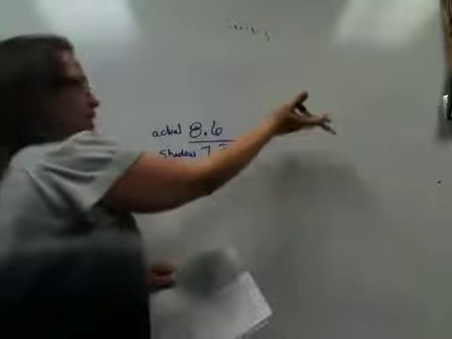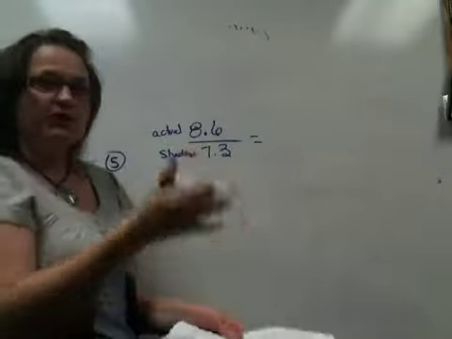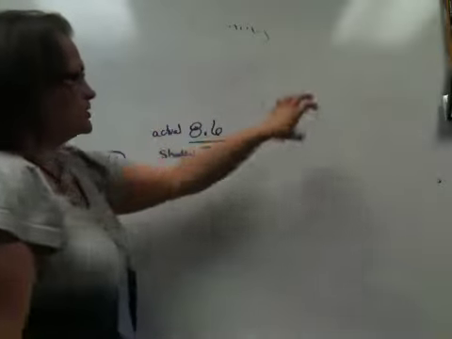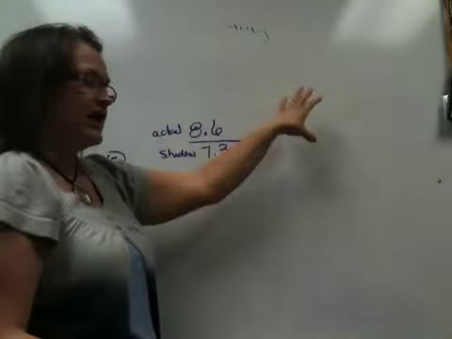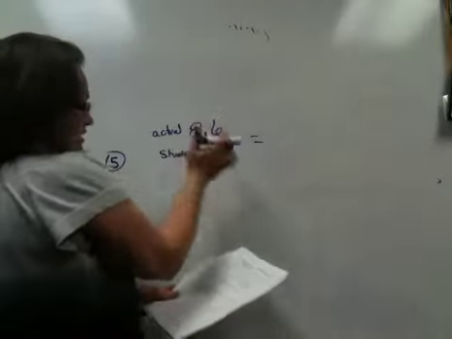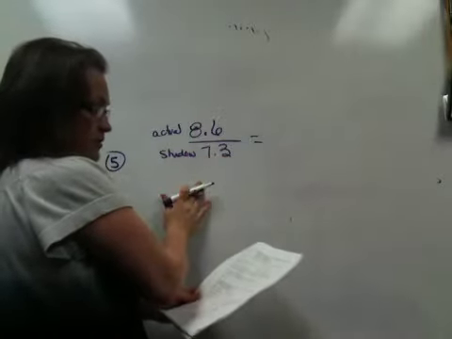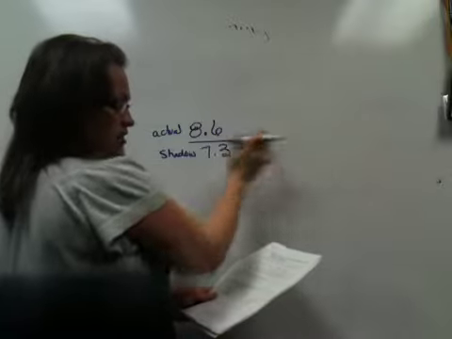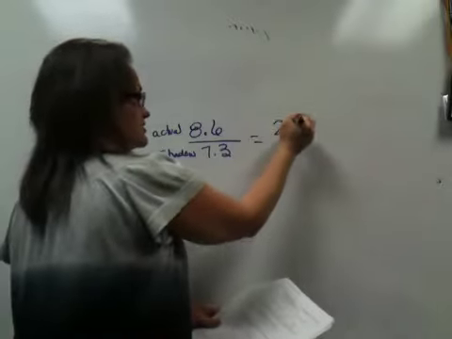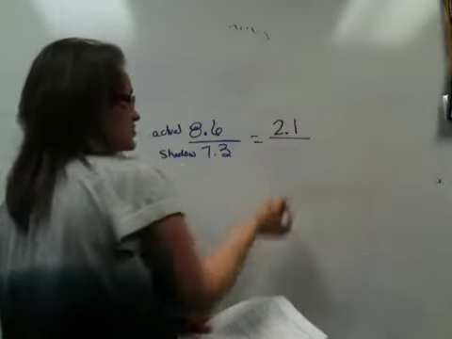So on this side, we want to have actual to shadow, comparing the like things. Remember, like on the last one, whatever we have in the numerator here should be in the numerator here, comparing like things to like things, proportional things. So we've got actual 8.6 to shadow 7.3. So how long is the shadow of a 2.1 meter tall person? So that's an actual distance of a person, 2.1 meters tall. And we're looking